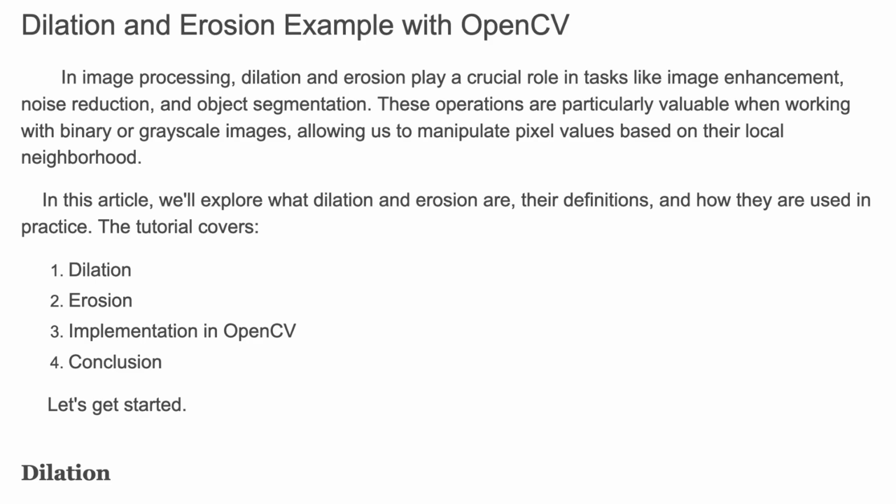In this tutorial I'm going to explain a dilation and erosion example with OpenCV in Python. In image processing, dilation and erosion play a crucial role in tasks like image enhancement, noise reduction, and object segmentation. These operations are particularly valuable when working with binary or grayscale images, allowing us to manipulate pixel values based on their local neighborhood. In this tutorial, we'll explore what dilation and erosion are, their definitions, and how they are used